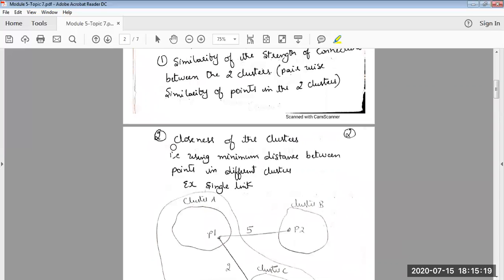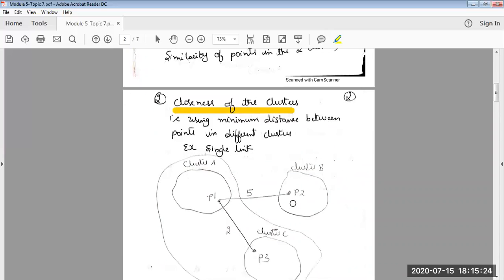We had also seen a different approach for achieving the same. The problem is the same here. We have a set of clusters A, B, C. You should decide which are the clusters that need to be merged for agglomerative clustering, which is a form of hierarchical clustering. Is it that I should merge clusters A and B? Is it that I should merge clusters A and C? Is it B and C? So three options are there in front of you, and you should choose any one of them. So how is it done? This was the second technique.